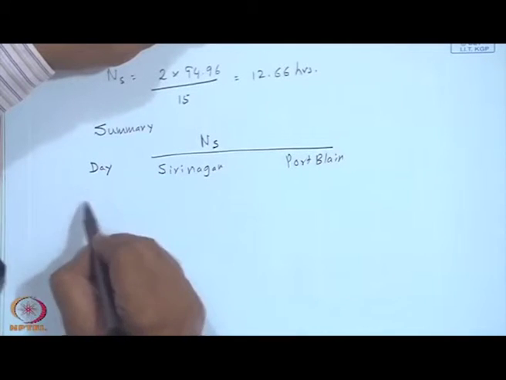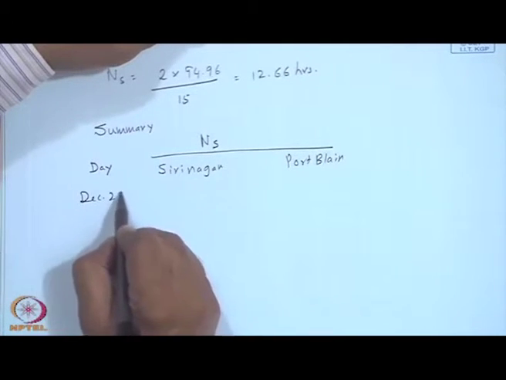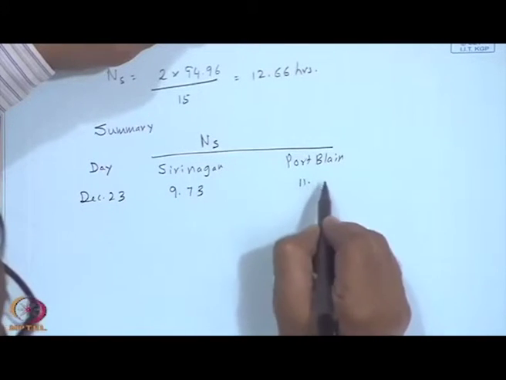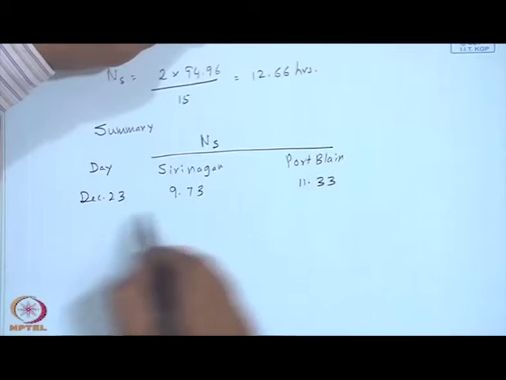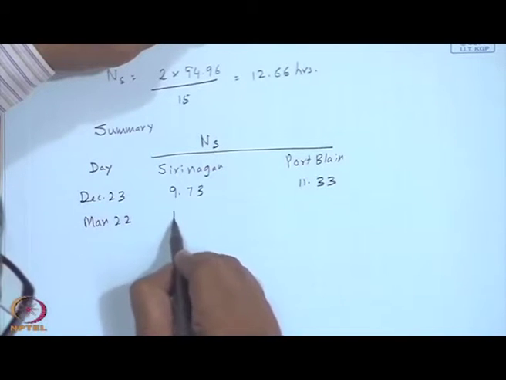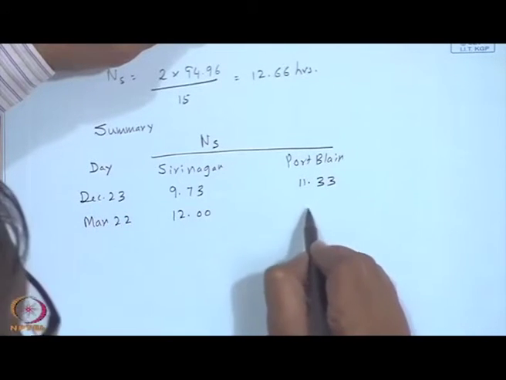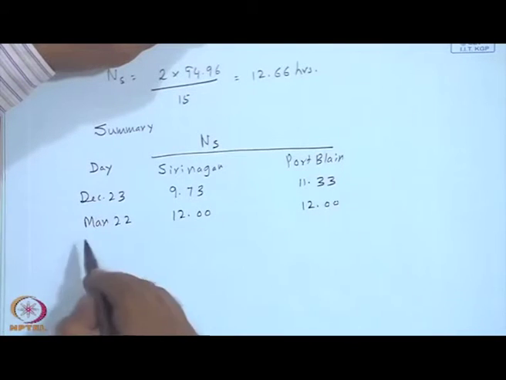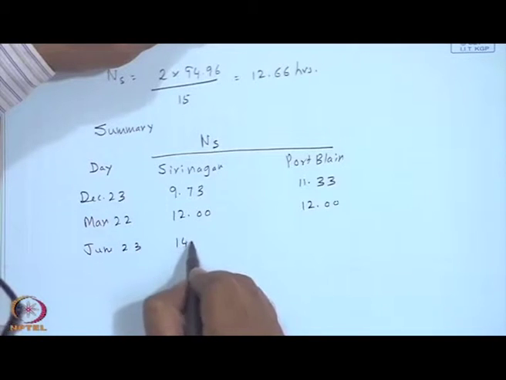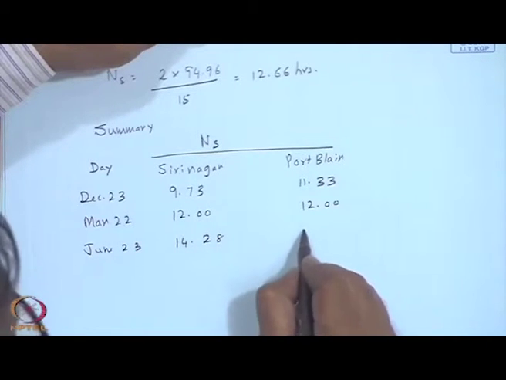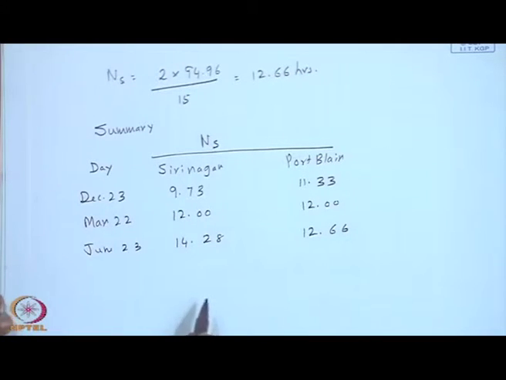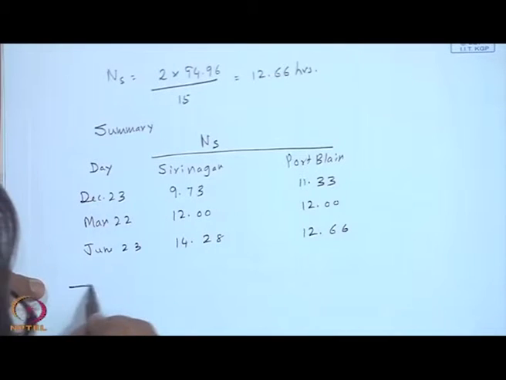Okay. So, this is December 23, 9.73, 11.33, March 12 hours, and June 14.28 and 12.66. So, the following observations can be made